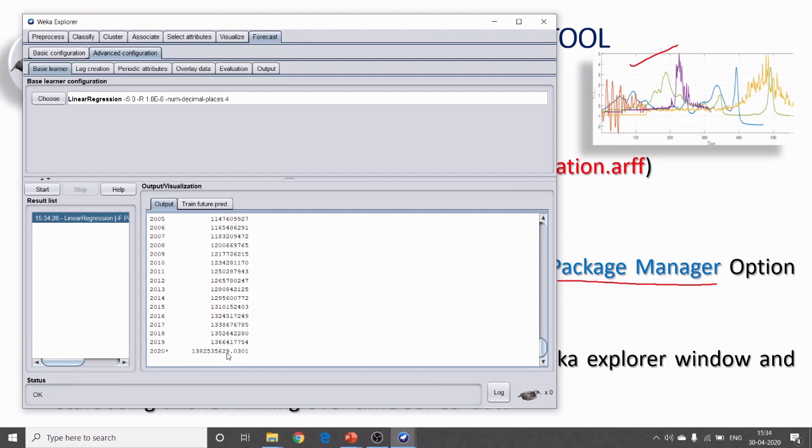You can look here, it is 138 crore and some figure. Previously it was 136 crore in 2019, and like this you can do the time series analysis.